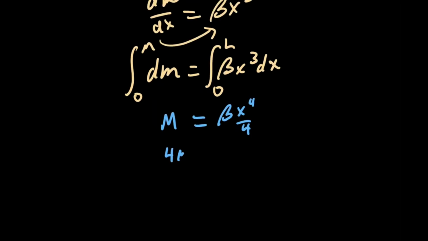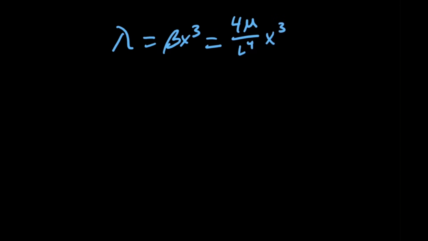Therefore, 4m over x to the 4th is equal to beta. Or I should say, really, this is L to the 4th. The next step is that once we know that lambda is equal to beta x cubed, which is equal to 4m over L to the 4th times x cubed, because this is just our beta and this is our x cubed over here,